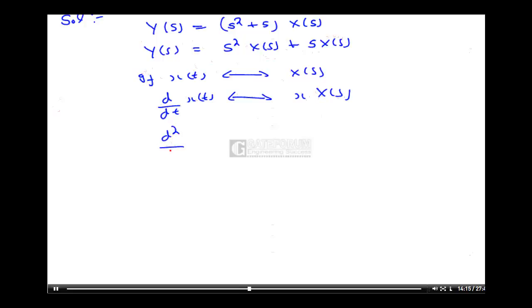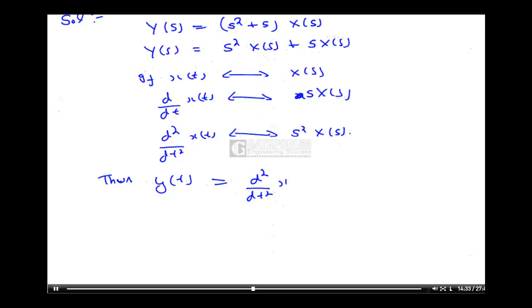Similarly, d square by dt square x(t) will have Laplace transform s square into X(s). Thus, y(t) is equal to d square by dt square x(t) plus d by dt of x(t), which is equal to